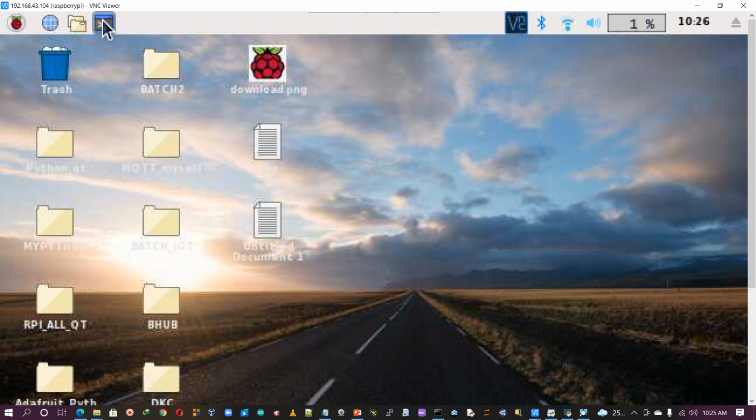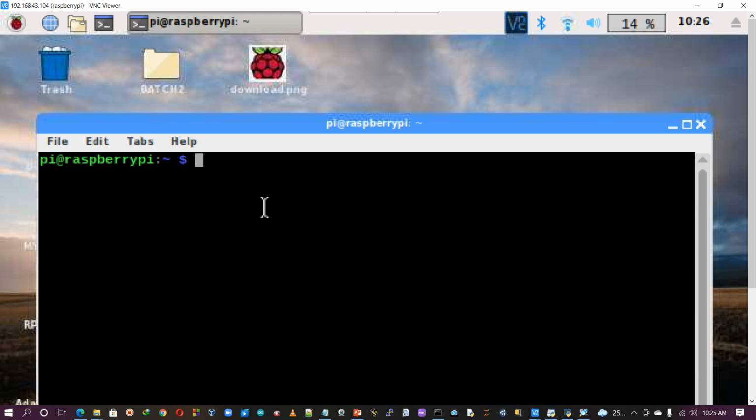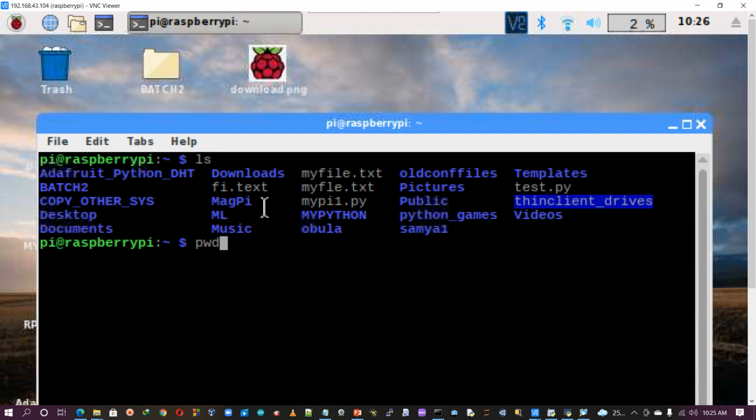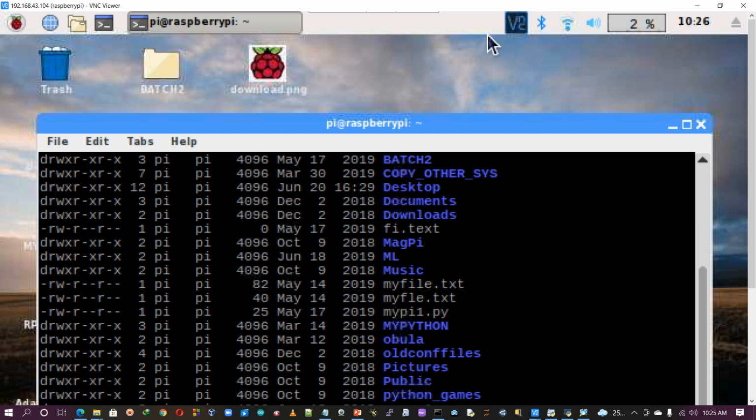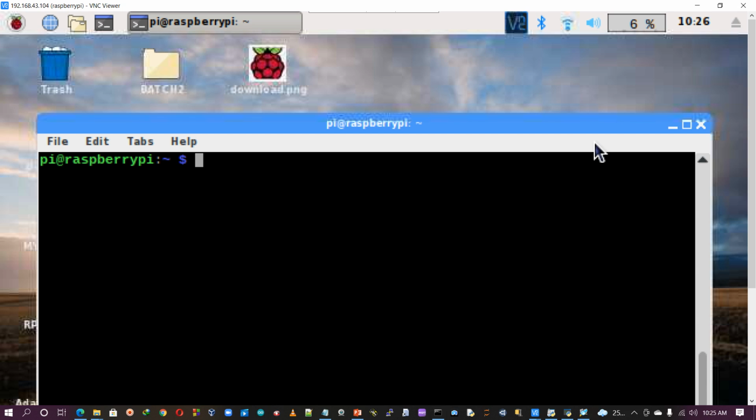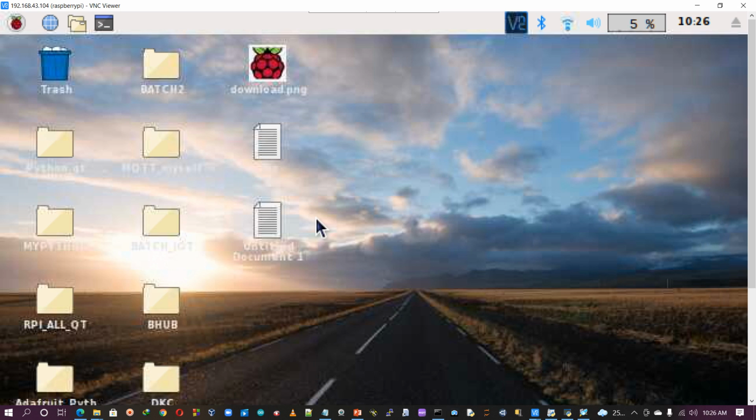For example, see here, just typing ls, pwd, etc. ls -l. So in this we have all the ways. Clear the screen. Exiting this one, exit. So we have the two ways: either you can access it in the graphical way, or you can access it through the command line interface. It looks just like Windows, showing each and everything here.